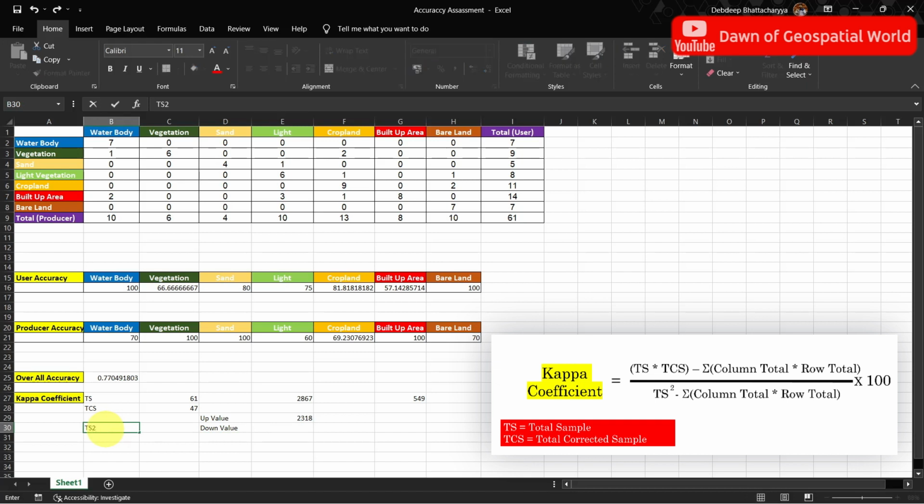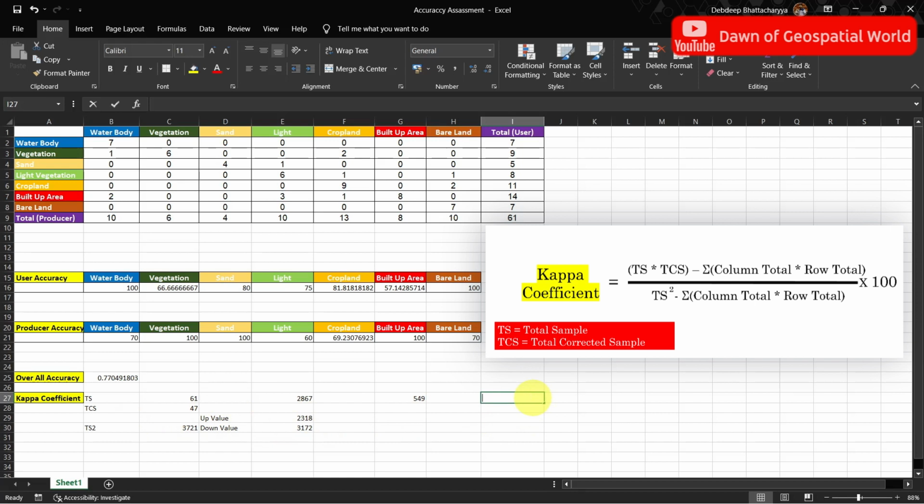Calculate the square of total sample points. Calculate the kappa coefficient with all these values.